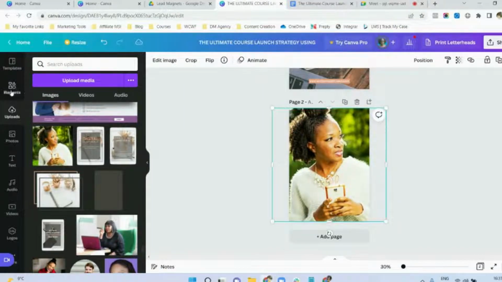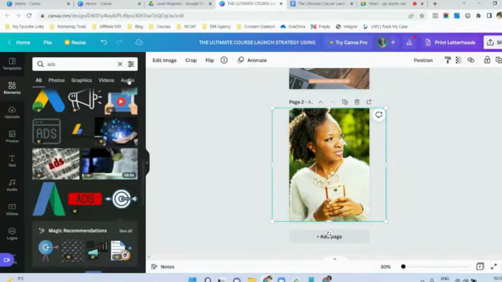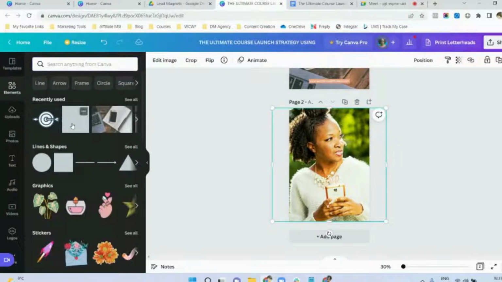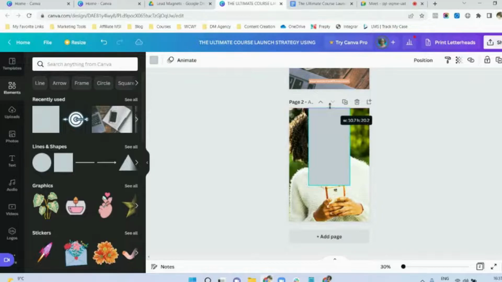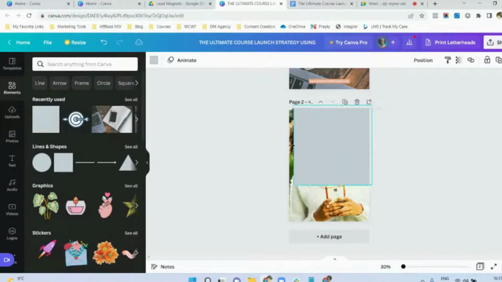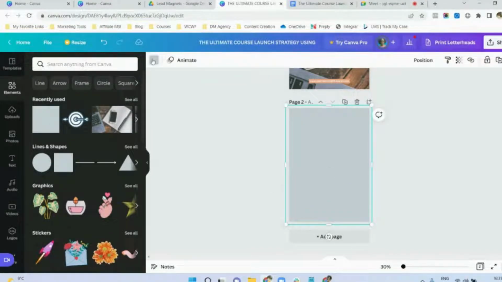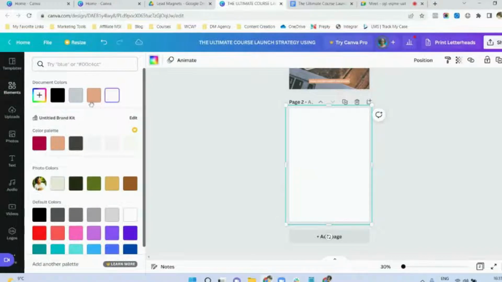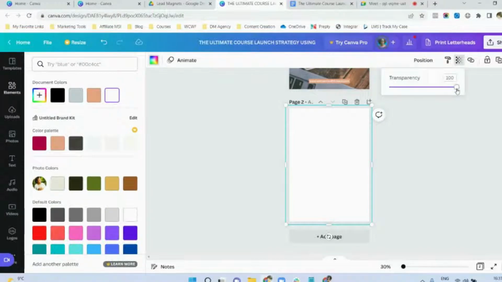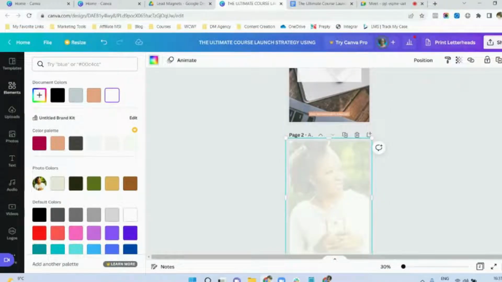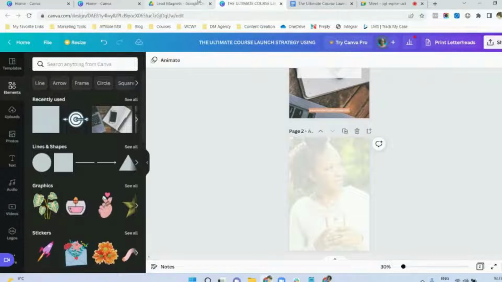And again, an overlay. Now, the reason why I'm using so many images in my ebook is really to make it more visually appealing. So I can either make this overlay dark or white, or whichever color. Even if you want to add your own brand color, you can do so as well. I'm going to keep it consistent with the first overlay that I did. So I will leave that white,